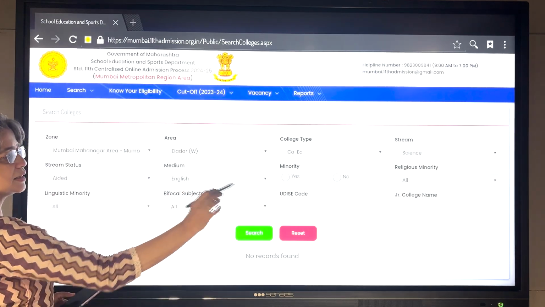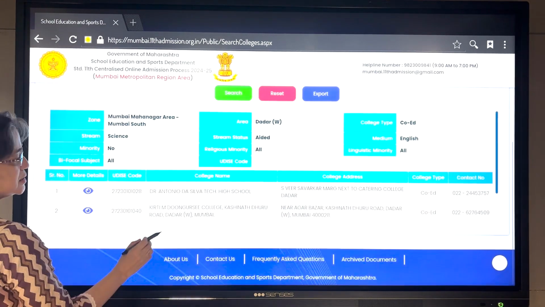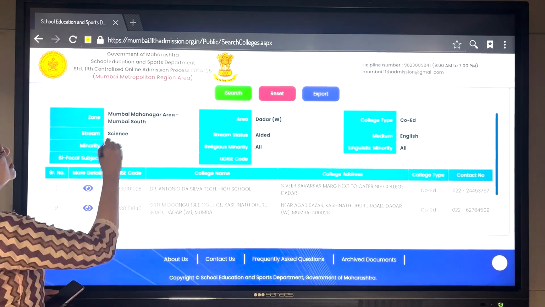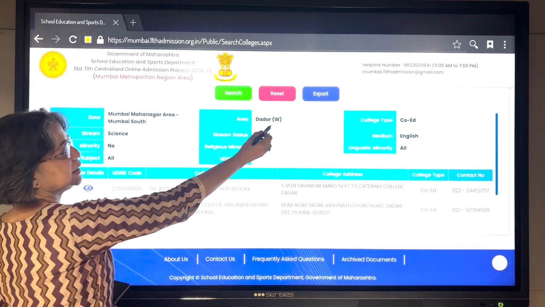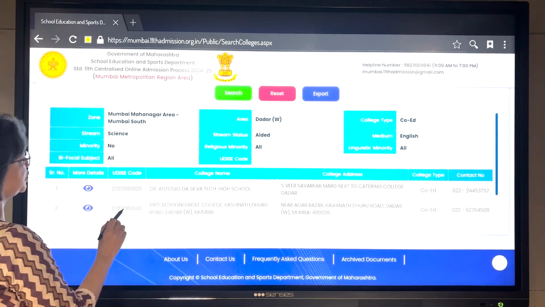And if I search, what I want to get here is a number of colleges that are available in this particular zone at Dadar West, which is a science stream college of an English medium.